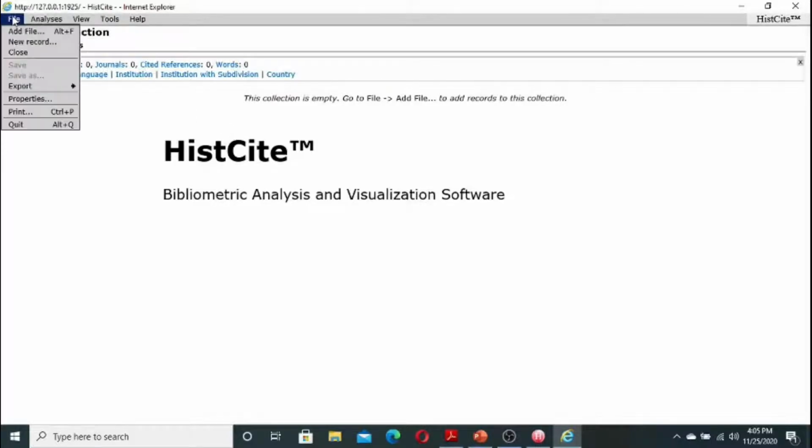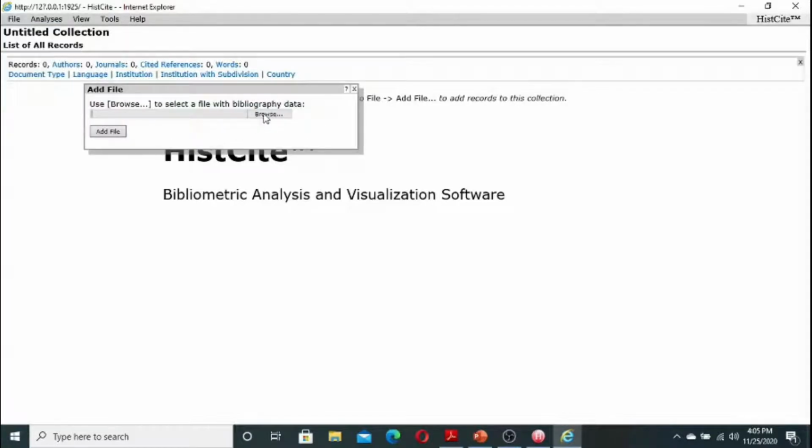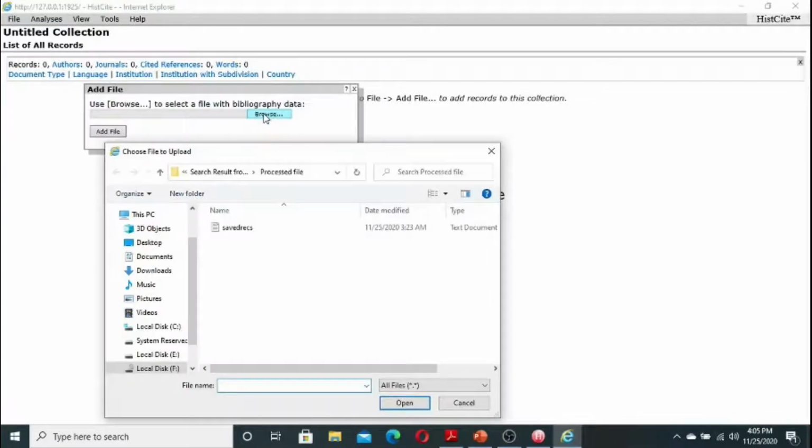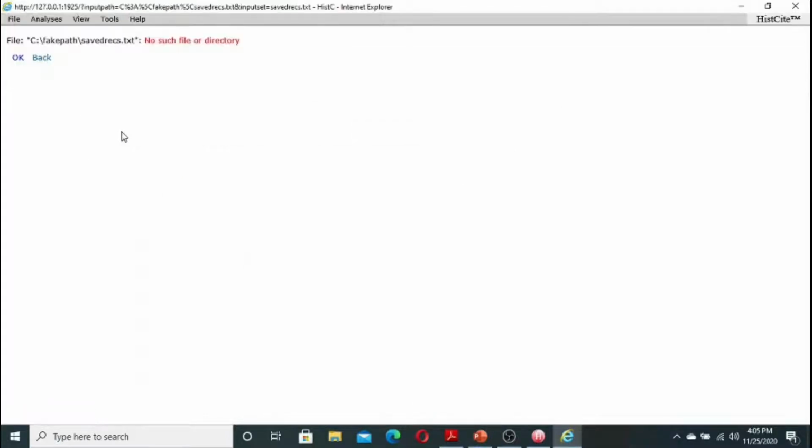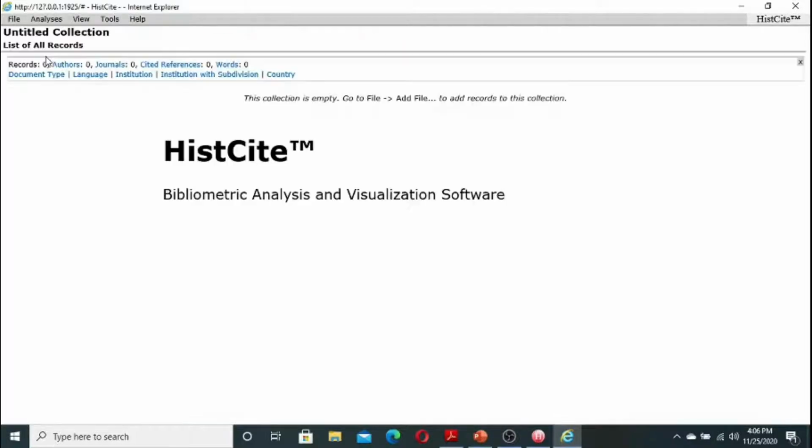I click file, add, and browse, and I already have a location. You have to select the location where your file is available, click open and click on add file. Here you can see I am having a problem: the fake path is the problem this time, and I cannot continue working on the research, so I go back. Now I will show you step by step how to resolve this problem.